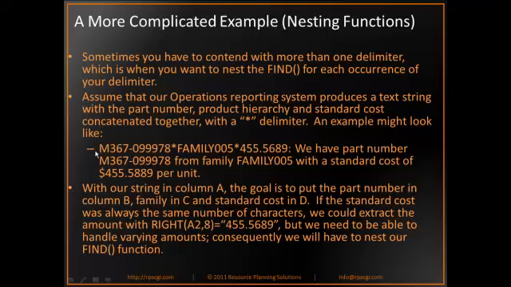So an example might look like this, with M367-0999978 as the product number or part number, and then there's an asterisk as a delimiter, and then family 005, this is the product hierarchy or product family that this part number belongs to, and then the standard cost is $455.5689. So we have these 3 pieces that we need to contend with, and the goal is that this long